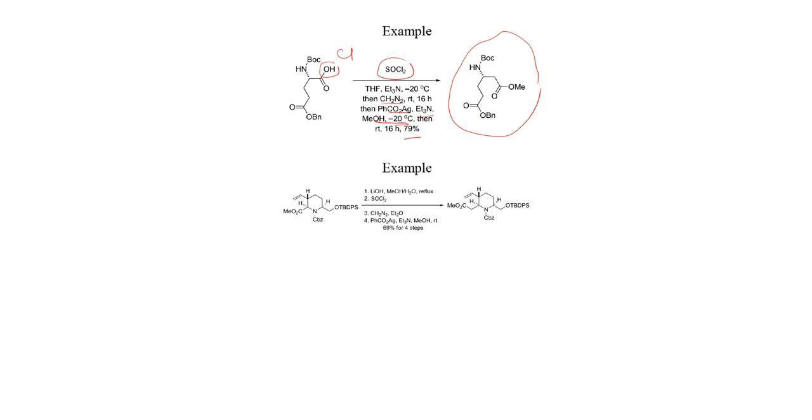In another example, it is first reacted with lithium hydroxide. When this compound is reacted with lithium hydroxide, this ester functionality will be converted into a carboxylic acid first. Then this is reacted with thionyl chloride, and this thionyl chloride will convert this carboxylic acid into an acid halide. And after reacting with diazomethane in the presence of silver salt, it will be converted into this homologated ester